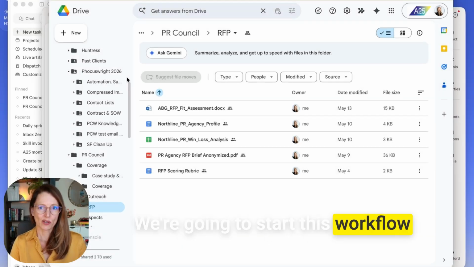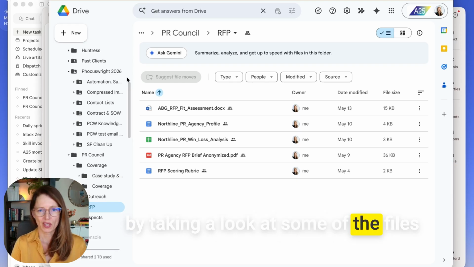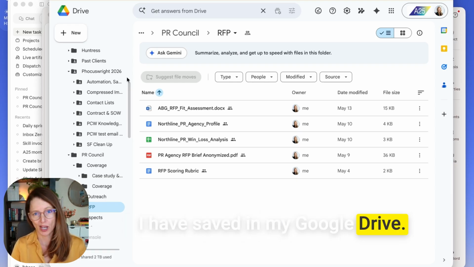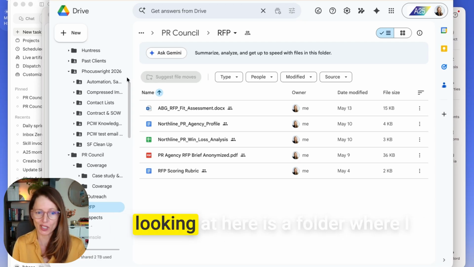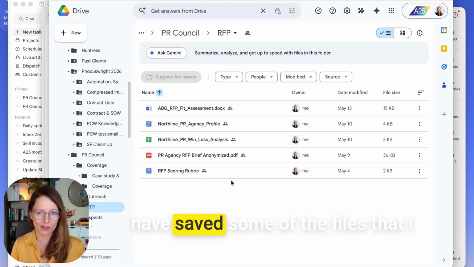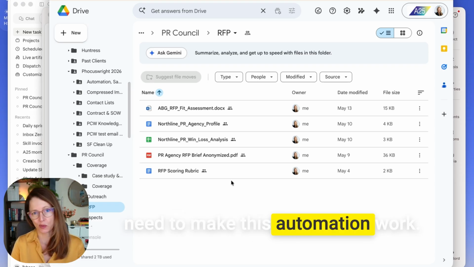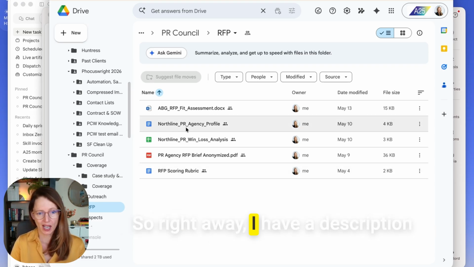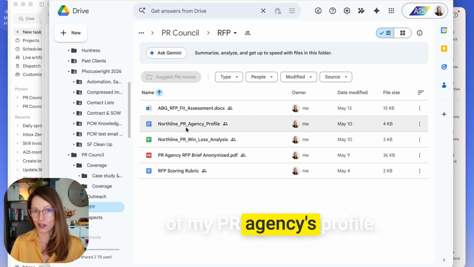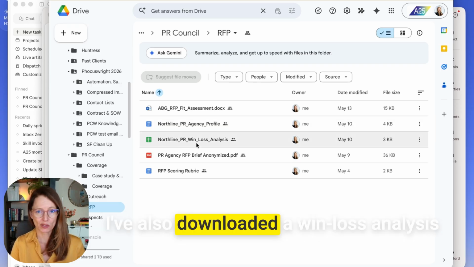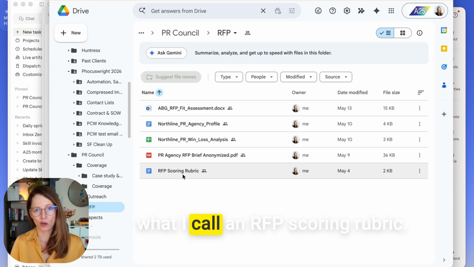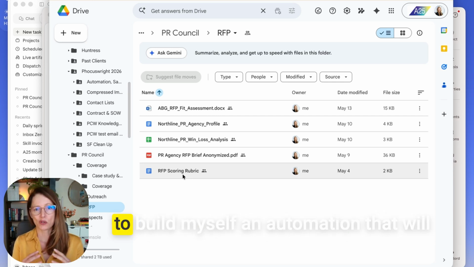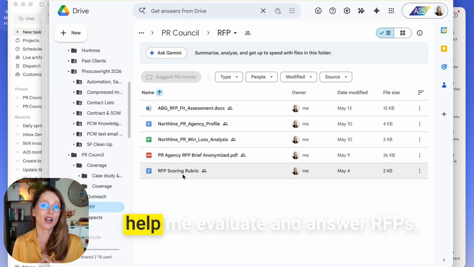We're going to start this workflow by taking a look at some of the files I have saved in my Google Drive. So let's pretend that I am the Northline PR agency. And what you're looking at here is a folder where I have saved some of the files that I need to make this automation work. So right away, I have a description of my PR agency's profile. I've also downloaded a win-loss analysis from our CRM. And I've also created what I call an RFP scoring rubric. And so now I have all the pieces I need to build myself an automation that will help me evaluate